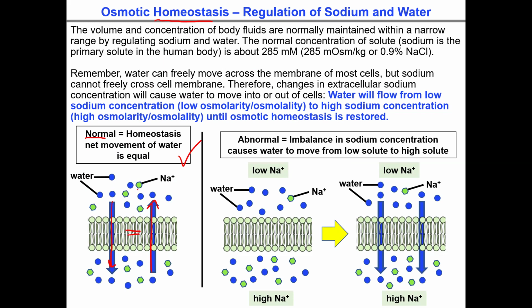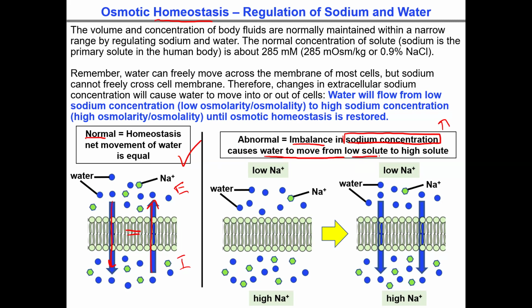Again, we want to make sure that everything is equal on our intra and extra. So I'll put E for extra and I for intra, just for this example case. Everything is exactly equaled out, so everything is going to be perfect. Now, whenever we're dealing with abnormal situations, there's going to be an imbalance. So in this case, we have our sodium concentration. And because we have that imbalance in sodium concentration, remember, we have our solute, stuff that needs to be dissolved by water. We have a much higher concentration at one end, meaning it's going to cause that water to move,